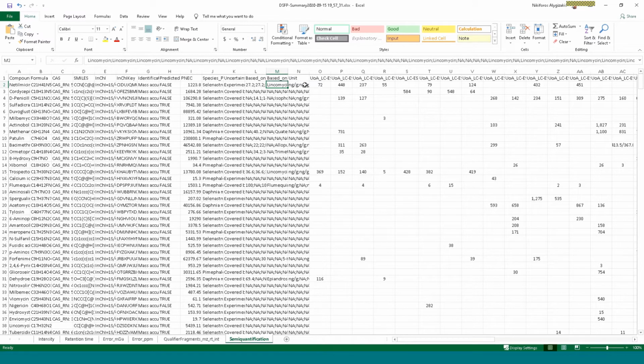Information is also given for the units. All the given information is separated by semicolon, so that every value refers to a screen sample. For example, this value refers to the third sample.